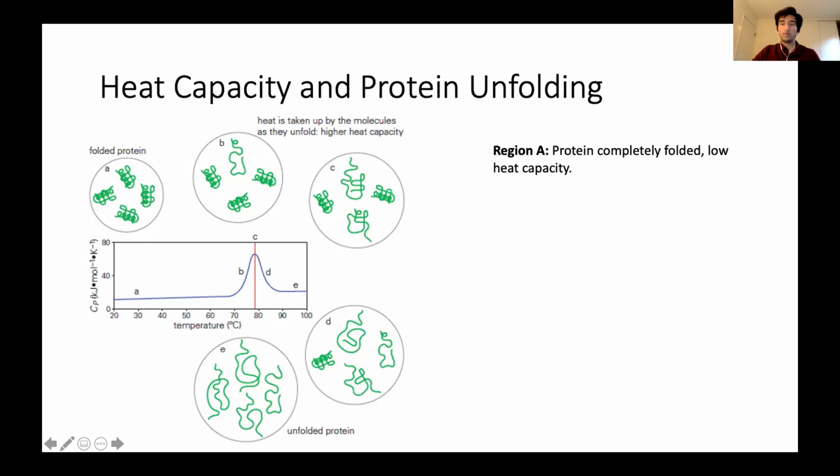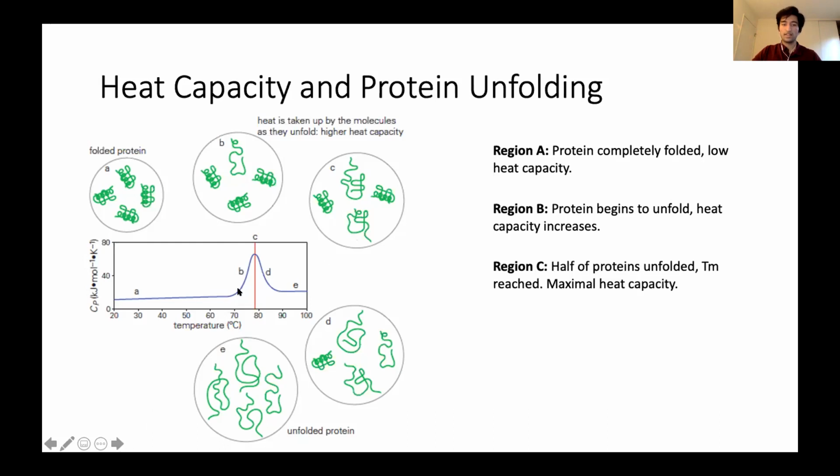However, as soon as you get to the point where the protein begins to denature, that's when you start running into some differences in the heat capacity. As soon as the protein first starts to denature, you see the heat capacity increase pretty sharply like this. The reason for this is that now, in addition to added heat making the atoms in the protein vibrate a little bit faster, it can actually go into a potential energy change, because now the protein has enough kinetic energy to break free of its conformation. And as that happens to more and more of the protein molecules, as you see in C,